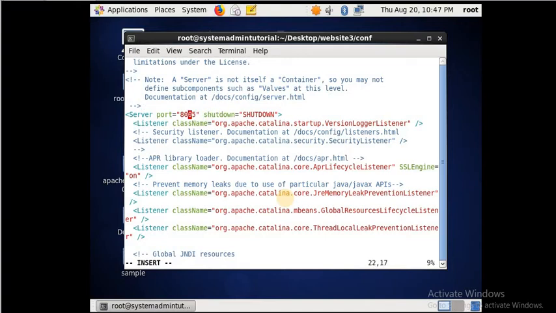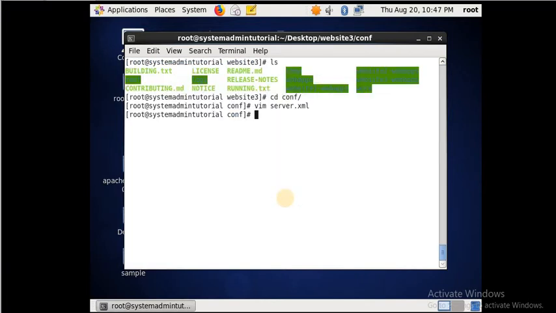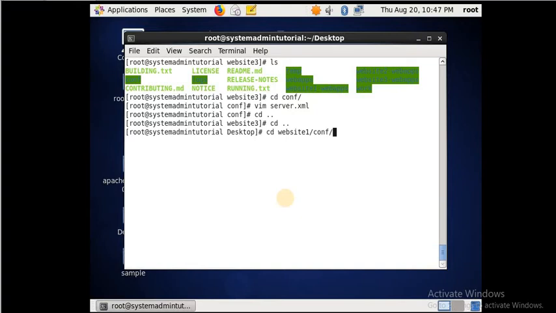Okay, we are changing it to 8305. Save it. Okay, now go to the website 1 and edit the server.xml.